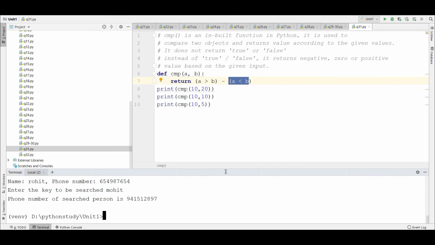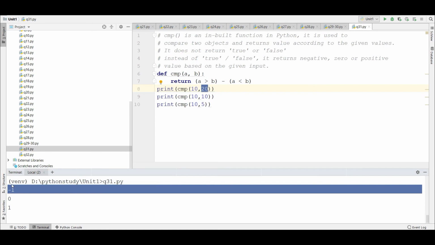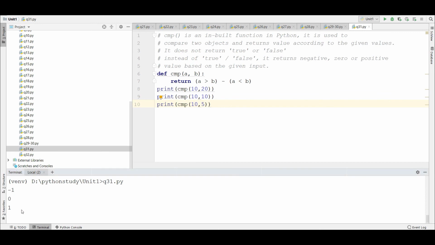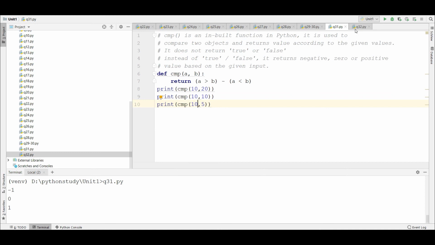Okay, now let's see this compare operator in action. As you can see, I have already taken 3 inputs. In the first part I have taken A smaller and B bigger, so the compare operator returned minus 1. In the next part I have taken both of them as equal, so it has returned 0. And in the last part I have taken A as larger and B as smaller, so it has returned a positive value. So that's how a compare operator used to work in those days. Now the entire structure has changed and many redundant inbuilt functions have been improved, so compare was removed in the latest version.